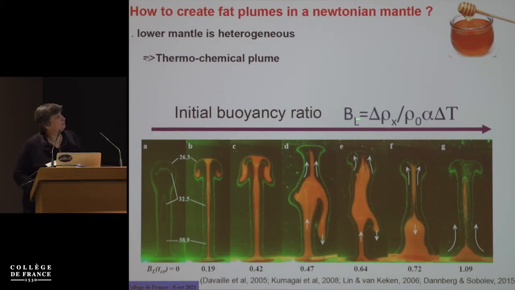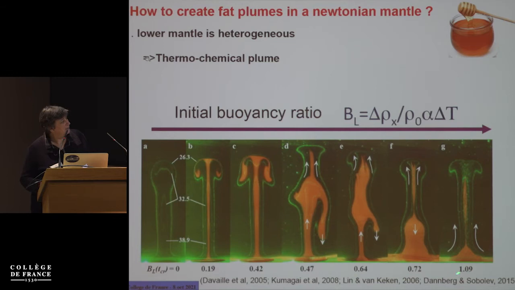And in fact, it's going to rise only if there's a buoyancy ratio, which measures the density anomaly of compositional origin compared to the density anomaly of thermal origin. So this initial buoyancy ratio should be lower than 1. Otherwise, you're never going to be buoyant enough to counterbalance the denser material. In this case, if you have a buoyancy ratio that is typically between 0.4 and 0.8, you're going to have